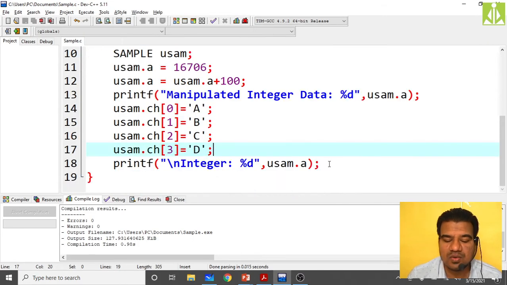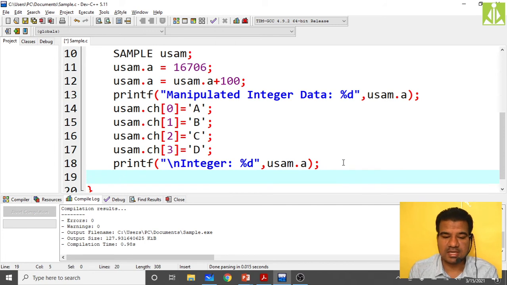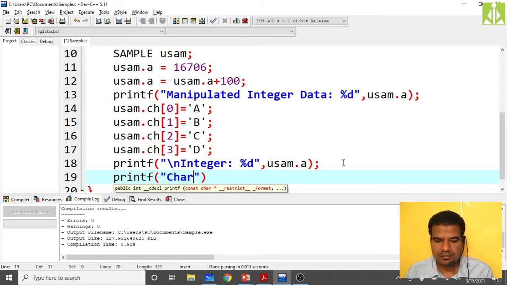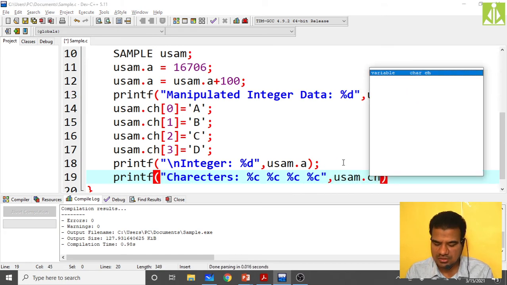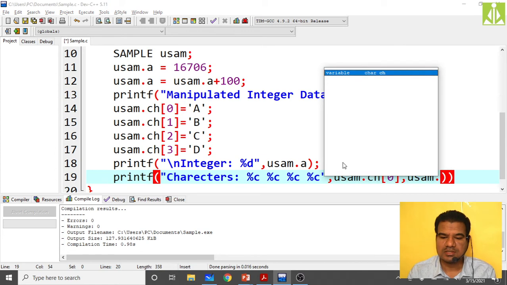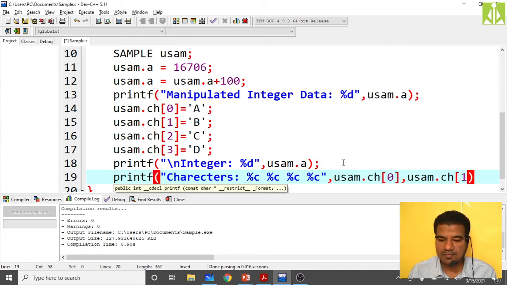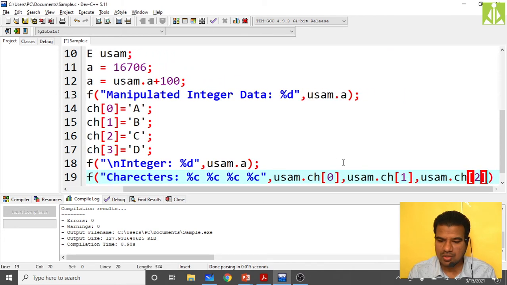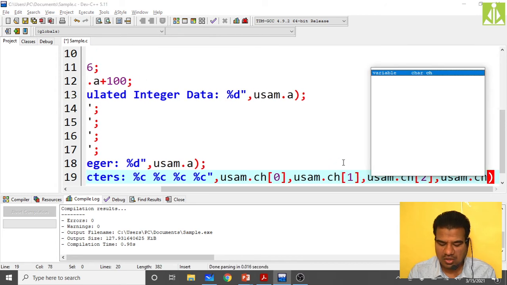So I will print all those characters as well, just for our reference. Printf characters colon, percentile C, percentile C, percentile C, percentile C, 4 characters we have, comma usam dot ch of 0, comma usam dot ch of 1, comma usam dot ch of 2, comma usam dot ch of 3.